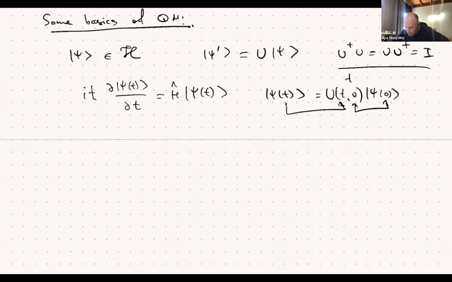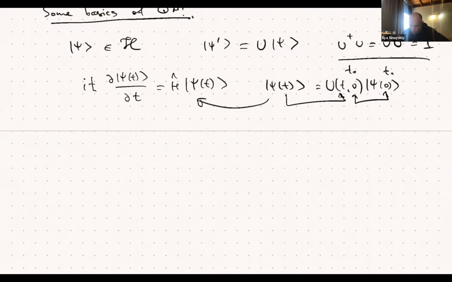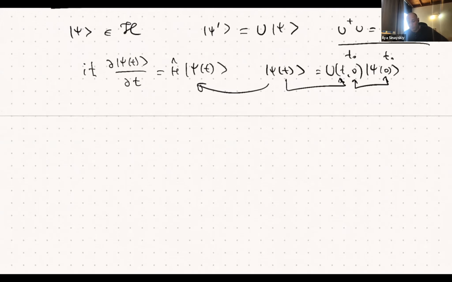Formally, sometimes we will write T0 here, or we can skip it. If we substitute it into this equation, we will get an identical equation, because that equation should hold for all possible initial vectors. We'll get the Schrödinger equation, but for the unitary operator,